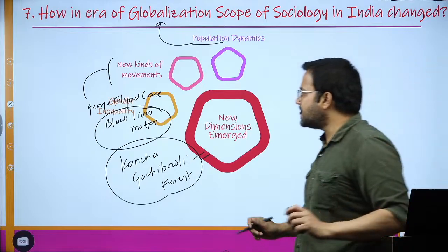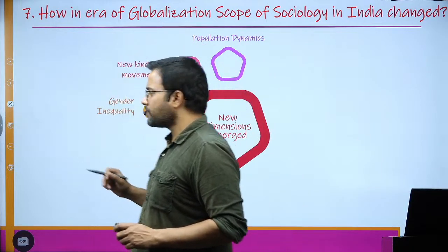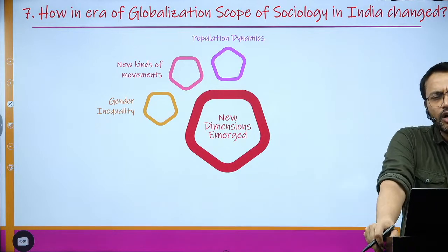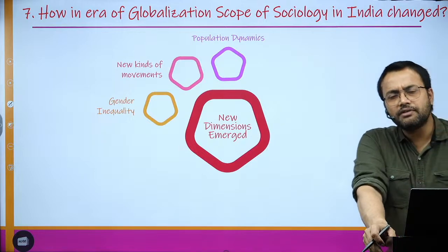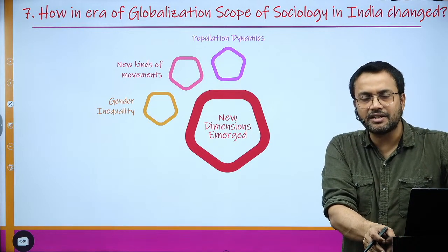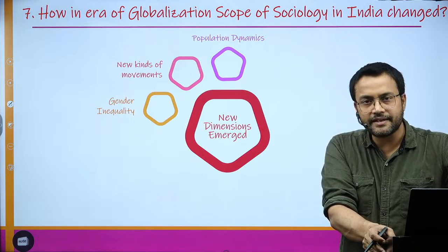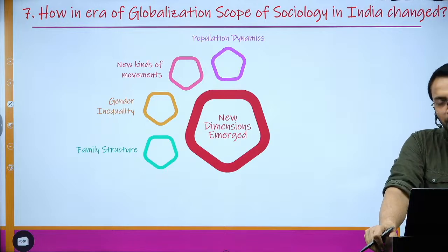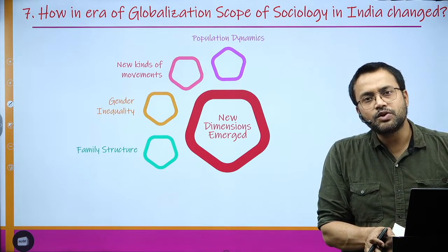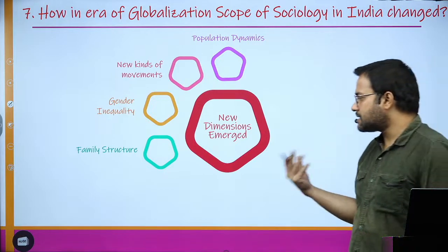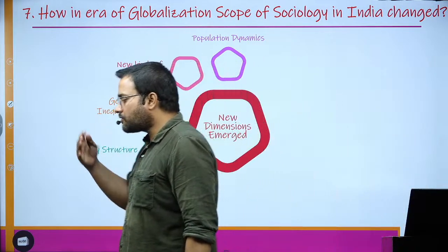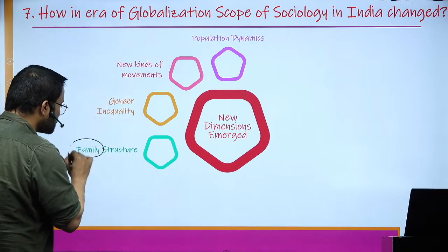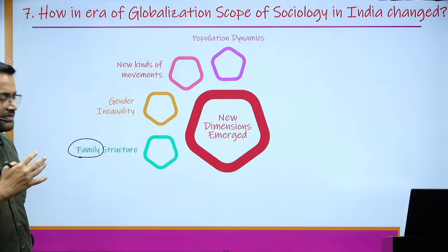Then you can also talk about gender inequality. We can talk about the feminists who were showcasing that gender inequality is still existing. And you can talk about the Me Too movement, where women are trying to reassert the space that has been denied to them for so many years. Then you can talk about family structure, how the family is changing, how earlier there was a joint family system, now a nuclear family system is prevalent when people are migrating from one place to another. This is bringing a marked change not only in the family but also in the structure and hierarchy of the family, everything is changing.